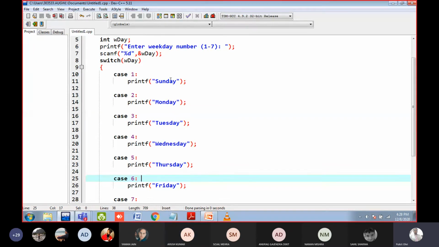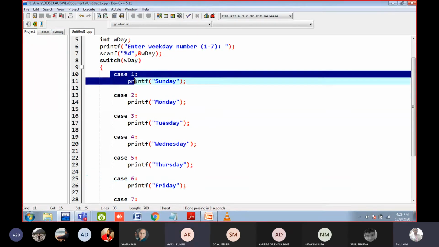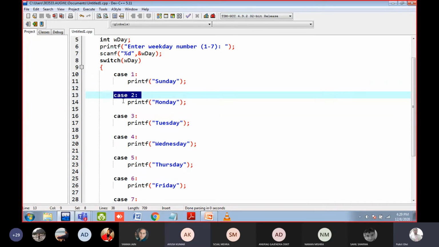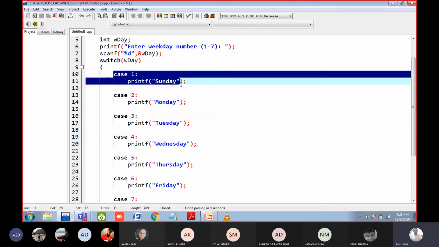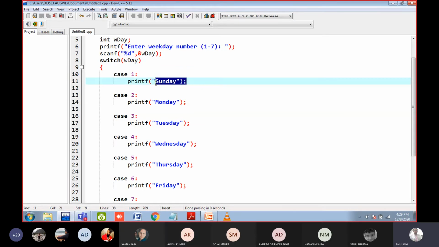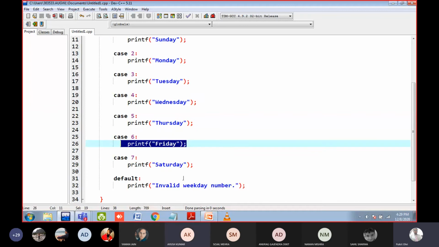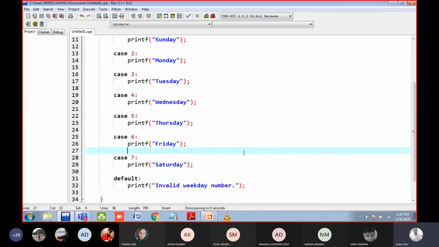For example, here no break statement is used. So let us suppose the weekday is 1. So here the case is matched and Sunday is printed. But because no break is there, what will happen? No more cases are checked, because 1 and 2 are not the same, but this is not checked. If you enter inside one case, you will enter inside all the cases. Remember this line. If you enter inside one case, you will enter inside all the cases. So once you entered in Sunday, because there was no break statement, you will print Monday also, Tuesday also, Wednesday also, Thursday also, Friday also, Saturday also, and the default statement also.